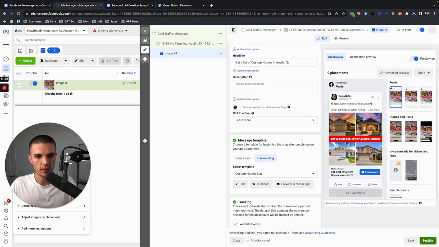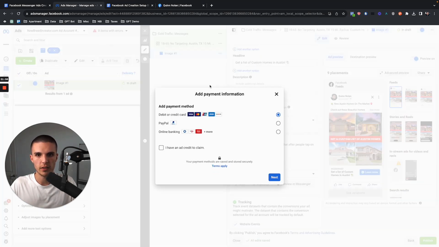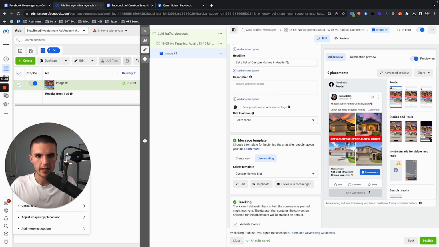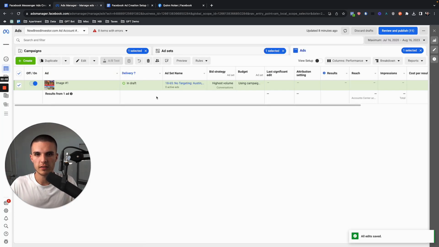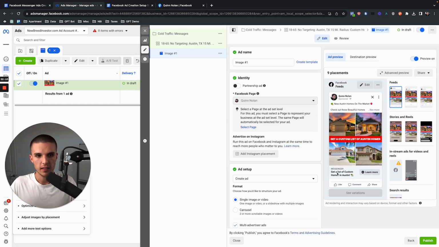Okay. So we can publish this now. I don't know if this ad account has a billing. Yeah. So we would publish this ad, right? And I can close this now and save this as a draft, but the ad part is complete. So now let me show you the fun part, which is how do we connect this ad to a bot